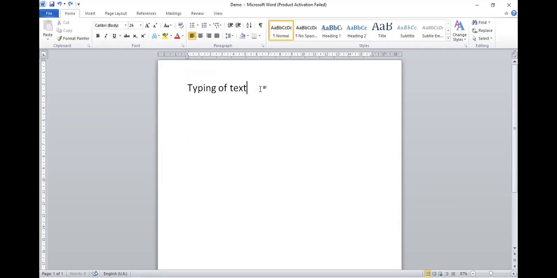Or we have seen another method, that is selection of all text and then pressing the delete key. This is called deletion of all pages or all lines of the text.